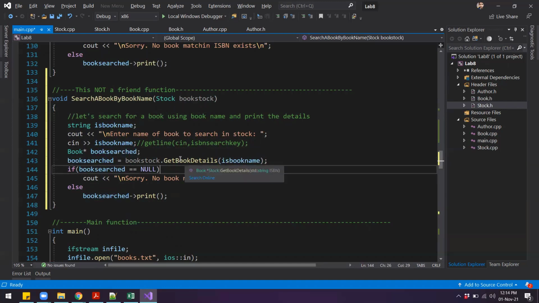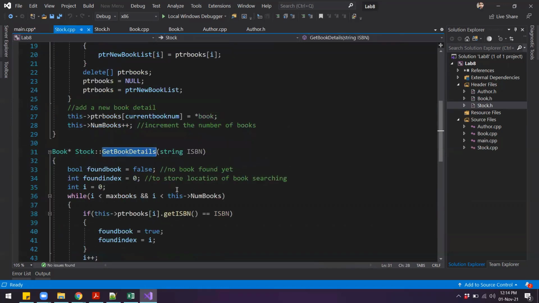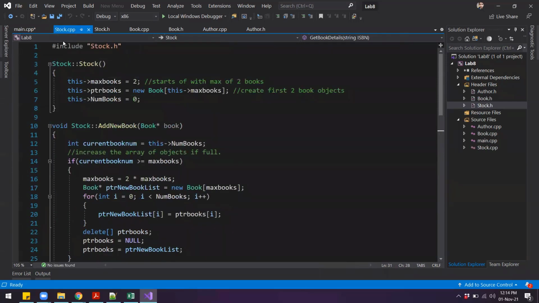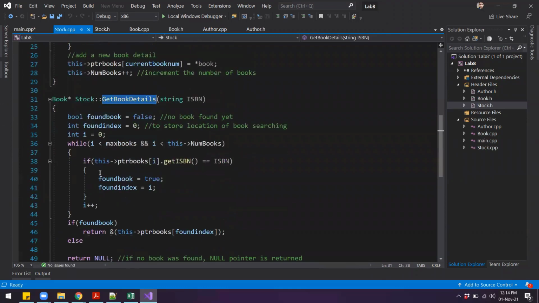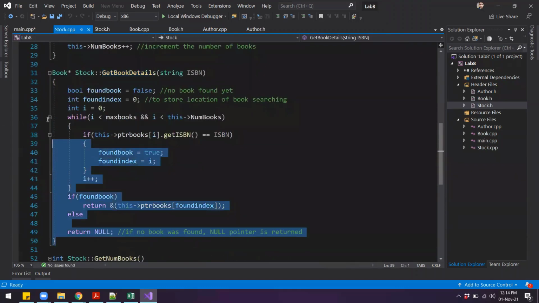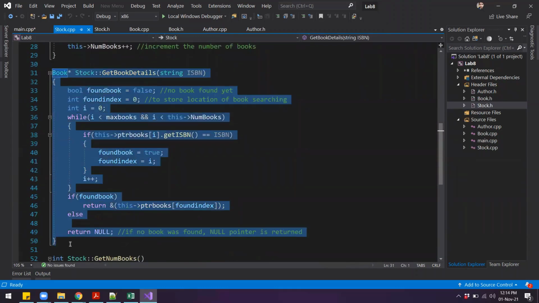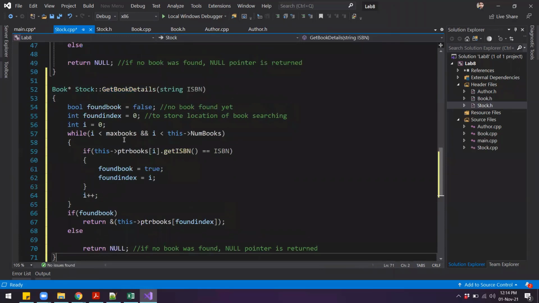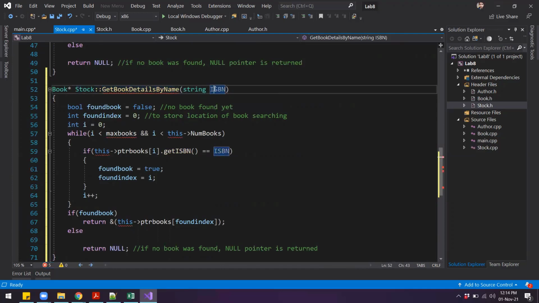Now we need to implement this particular function, get book details. So I'll go inside this function. So you will see that this particular function is inside the stock class, all right, in the stock.cpp. So I'll copy this function, all right, and we can call this get book details by name, and in here we are passing the name of the book.